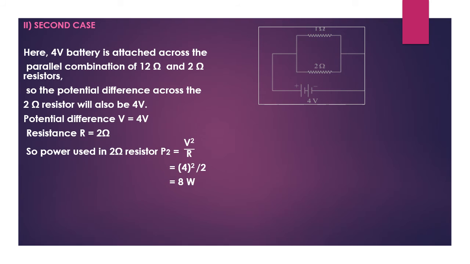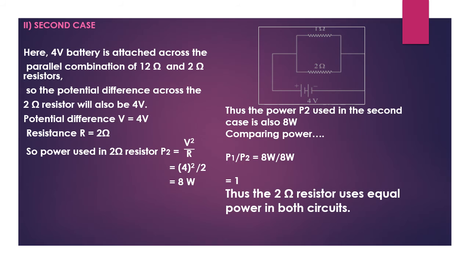Children, here we can use the other equation I square R also, but when we use that equation we have to find out the I that is flowing through that 2 ohm. Can you say what is the I that is flowing through 2 ohm? I is V by R. You know that V is 4 and R is the resistance of that particular resistor. So that is 4 by 2, that is equal to 2 ampere. And so when you calculate I square R, that is 2 square into 2, you will get the same answer, that is 8 watt. So you can use any of the equations.